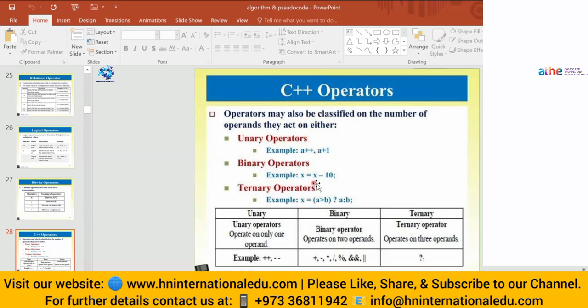Binary operator: x = x - 10, where the assignment operator and the subtraction operator are used. Ternary operator: x = a < b ? a : b;